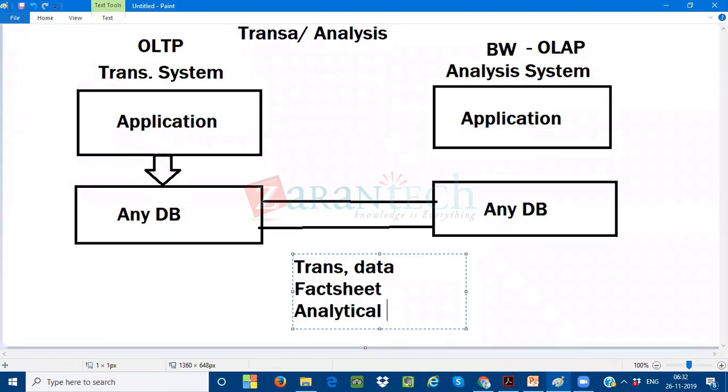So for a transactional report, the day-to-day transactional report, if I want to see any transactions, what is the total balance today, something like today's transactions, I'm talking about the date of 25/11/2019. So today's date, for example, the past 3 days or past 1 week of data. If I want to extract any kind of report, I need not depend upon my BW system